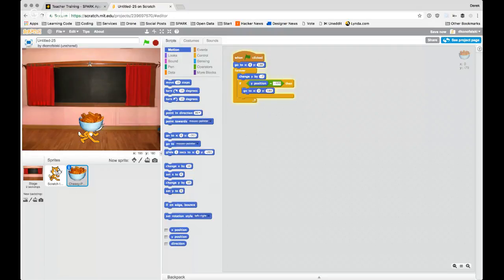Okay, so notice what's happening. I click the green flag, our cheesy poofs go, but then they go down to the bottom of the screen, and our block here is constantly being run. It never resets up to the top of the screen. Okay, the reason for that is because, as I mentioned at the very beginning of this session, Scratch, and any programming language, will only do exactly what you tell it to do in the order that you tell it to do it. So what's happening in this particular case is we're changing the Y position by -7